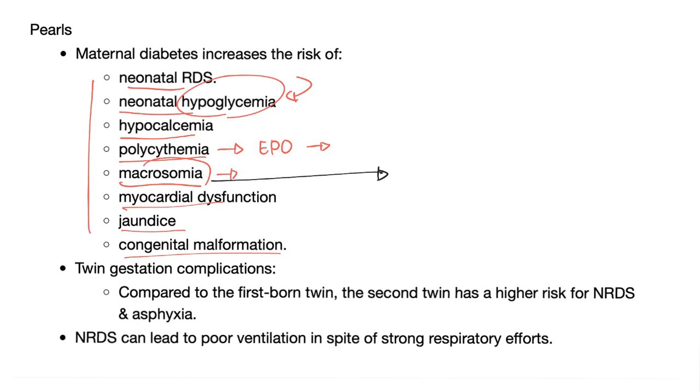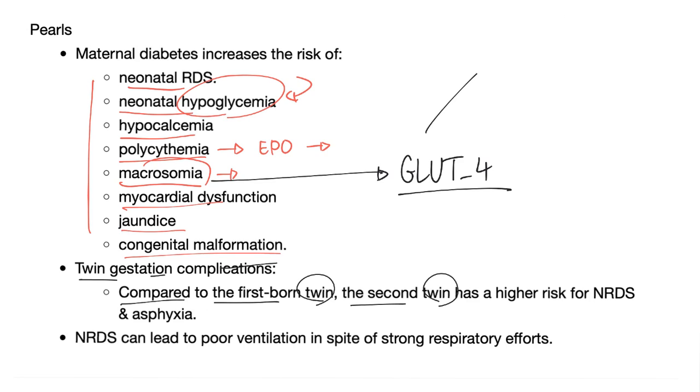Macrosomia, insulin feeds the fat. Insulin feeds two main tissues: adipose tissue and skeletal muscles. How? Remember GLUT4, which is insulin dependent. Every other GLUT is insulin independent. Twin gestation complications. Compared to the firstborn twin, the second twin has a higher risk of neonatal RDS and asphyxia,